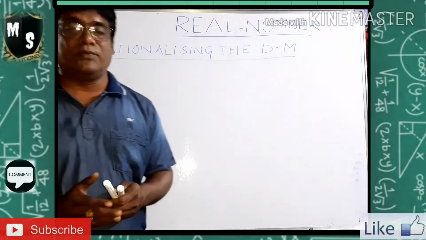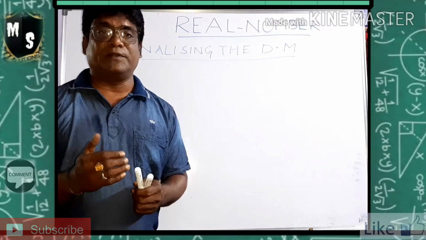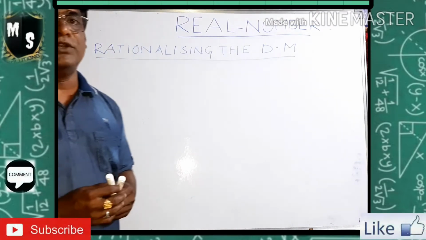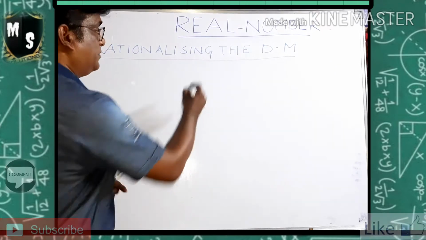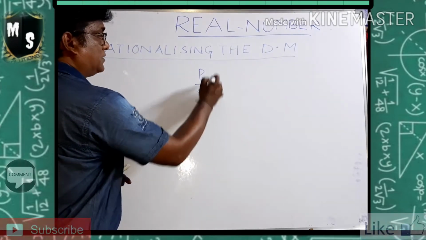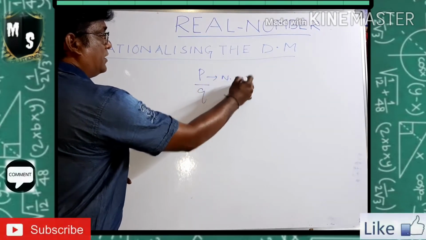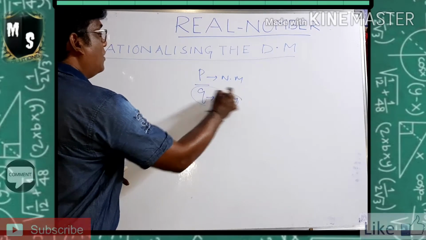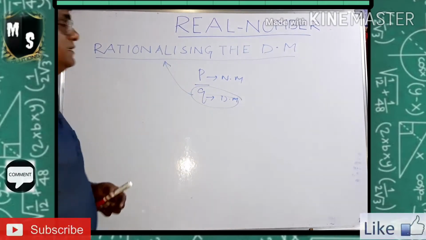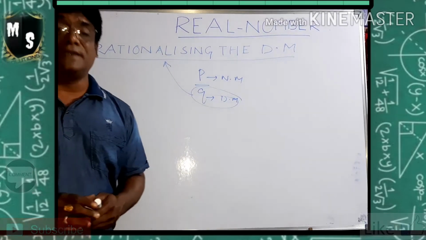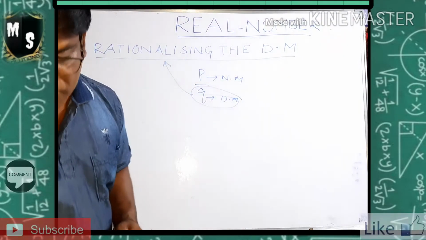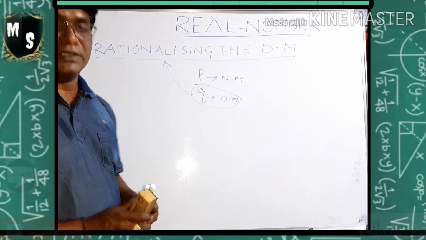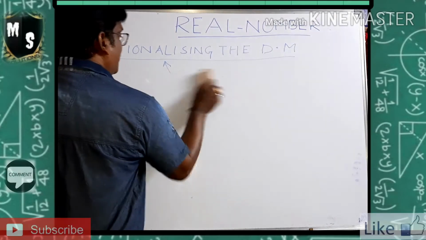You understood what is denominator? It is P by Q. That means the down one in P by Q. The first one is called the numerator, and suppose if it is P by Q, the P is called the numerator and Q is called the denominator. This denominator we are going to show in rationalized form. That means we are showing it in rational form. How to do? I am just doing a sum for you, by which it will be easy for you to understand.